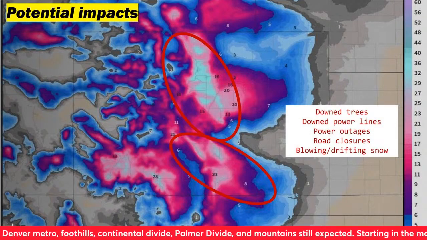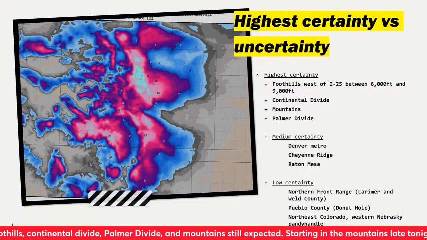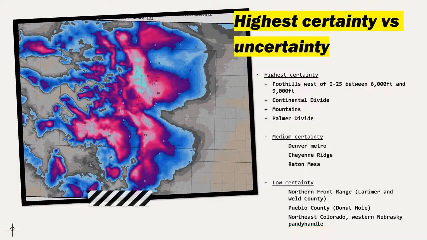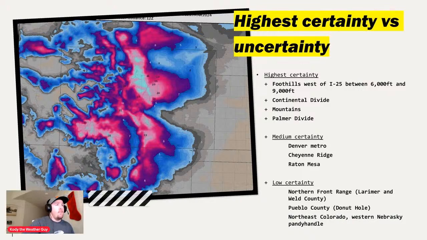Let's go to the next slide, teacher. Highest certainty versus uncertainty. So let me turn the banner off real quick so I'm not hiding anything. So the highest certainty, obviously, foothills west of I-25, between 6,000 feet and 9,000 feet. Continental Divide, mountains, Palmer Divide. I think you guys are going to get